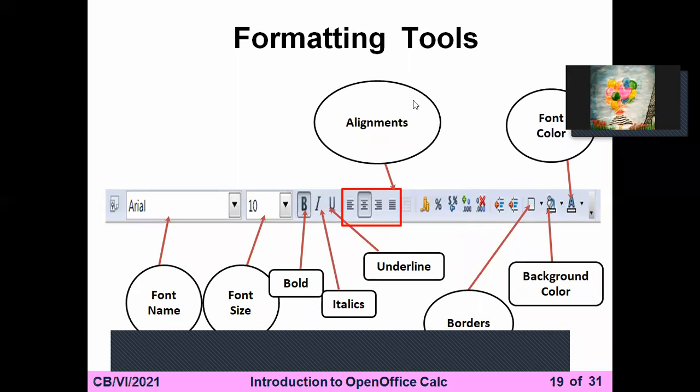Yes ma'am. Okay, so this thing you already learned in OpenOffice Writer. You did all these things in OpenOffice Writer too. You would make the whole document, then do the formatting on it. So here too you have to follow the same thing. Whenever you are writing something and you want to do formatting on it, you have to use the formatting tools. Everyone has to remember what is the use of the tools.